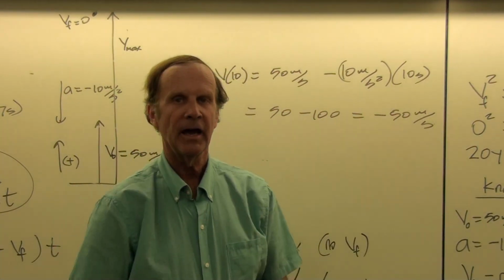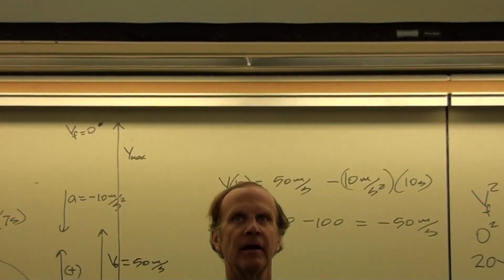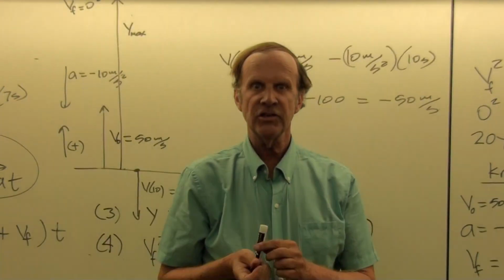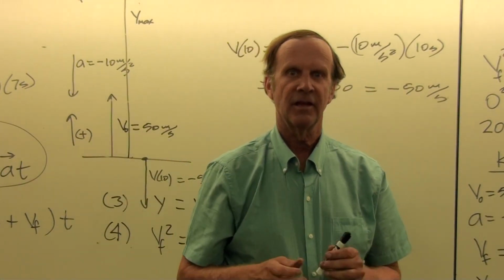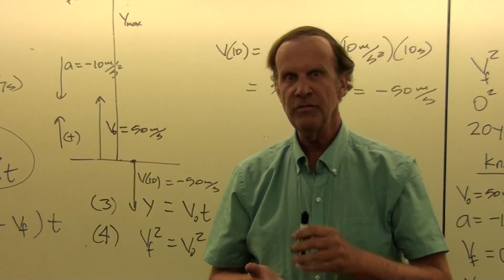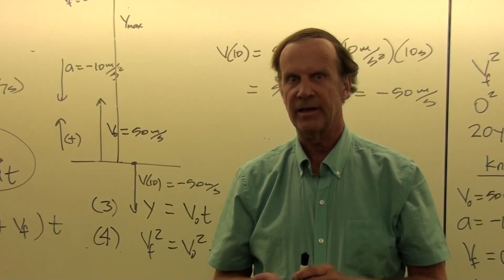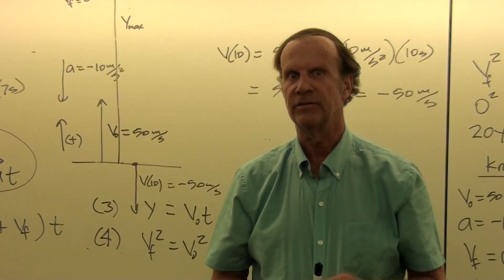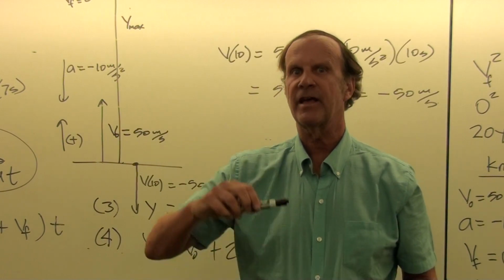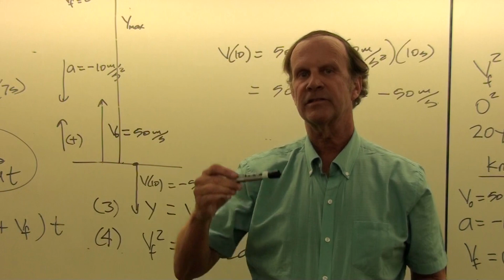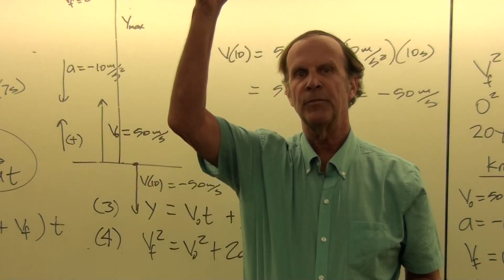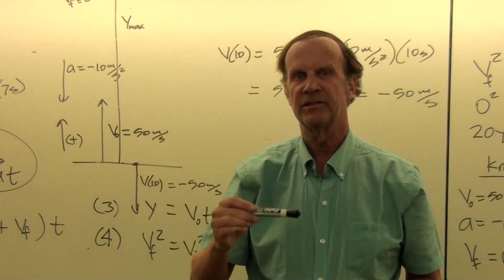If you throw an object up into the air and then you catch it again at the same height from which it is released, it's going to be moving the same speed in the down direction as it was moving up, because it's an exactly symmetric problem in which the amount that it slows down on the way up equals the amount that it speeds back up on the way down.